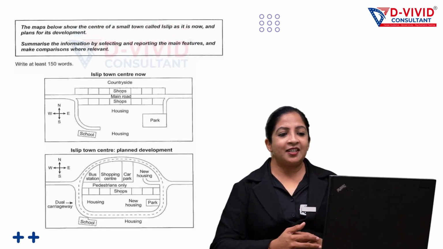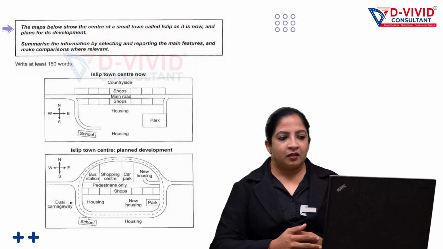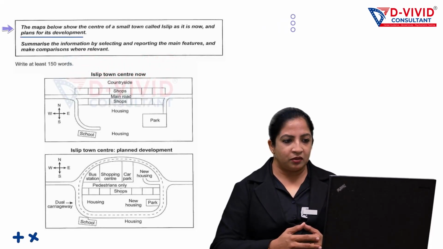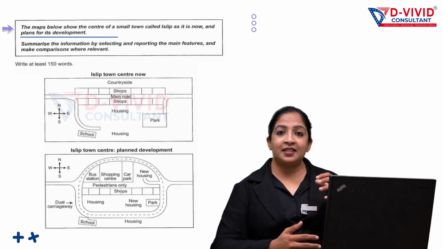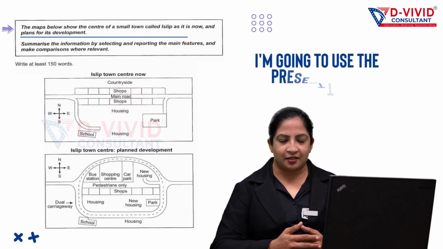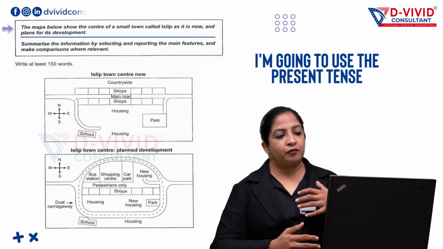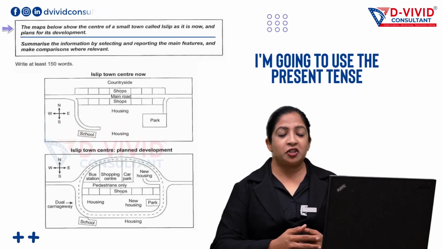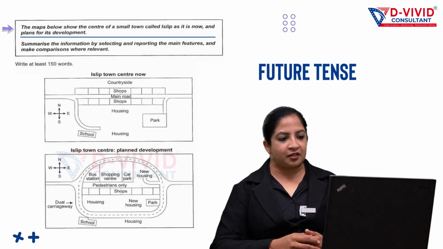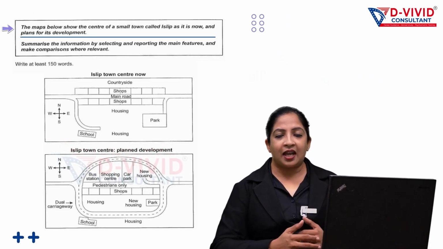Fine guys, so let's read the question. The maps below show the center of a small town called Islip as it is now. So when it says now, it means I am going to use the present tense. And the plan for its development, which clearly mentions that I am going to use the future tense. Now going inside the map,